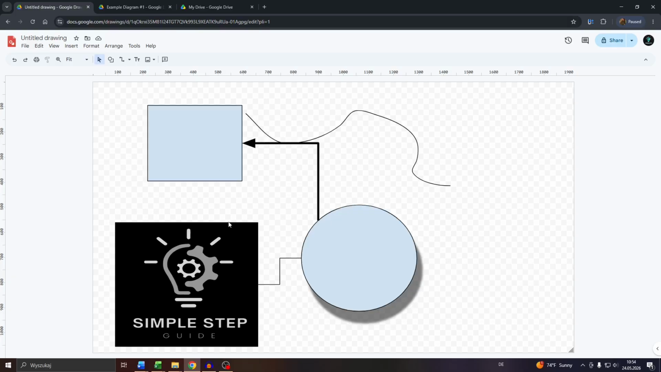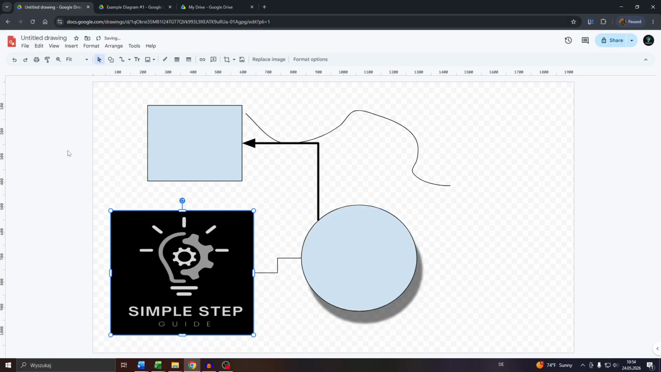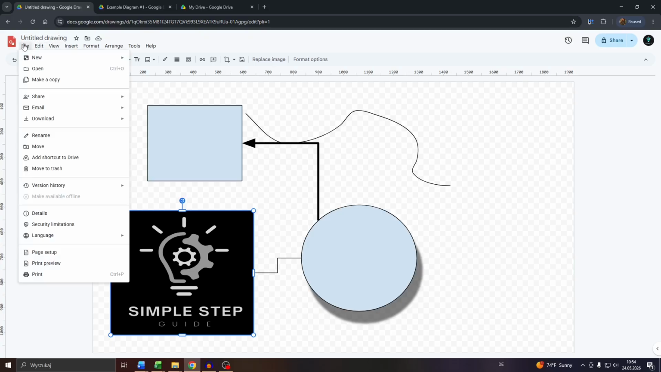So let's assume, for instance, guys, you have given access to your diagram on Google Drawings to a co-editor, and now you'd like to check when the last modification has been applied. To do that, navigate to your diagram on Google Drawings, select File in the top left, and here navigate to